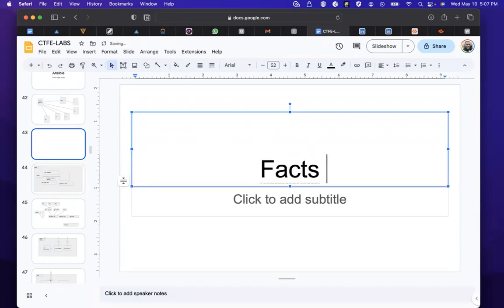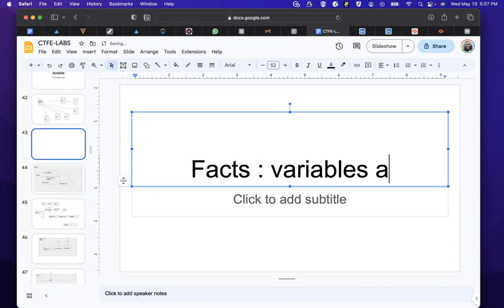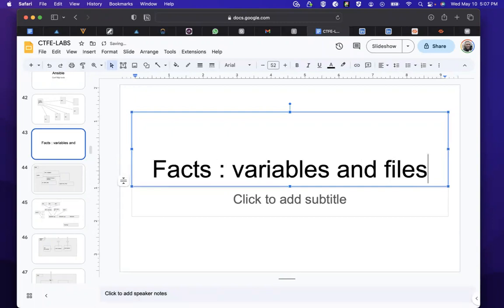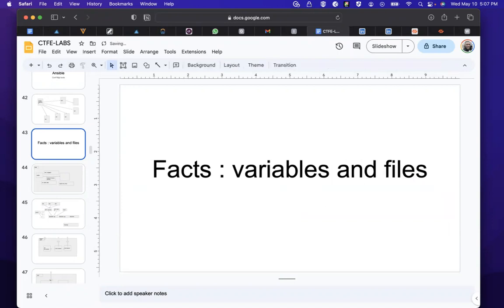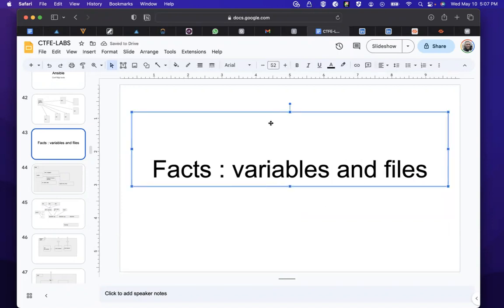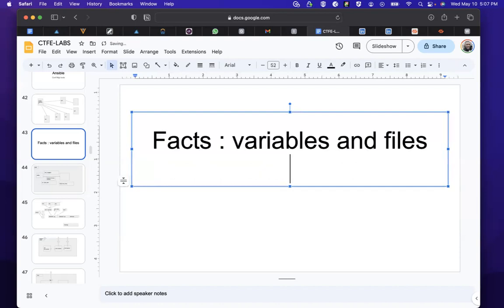All you need to do is to get your facts. Facts are just your variables, and your files, your dependencies. You design your facts, design your playbook, and part of your playbook is also there.